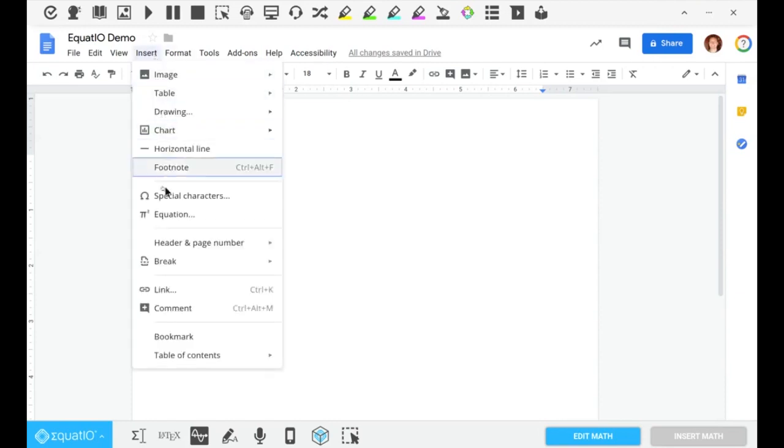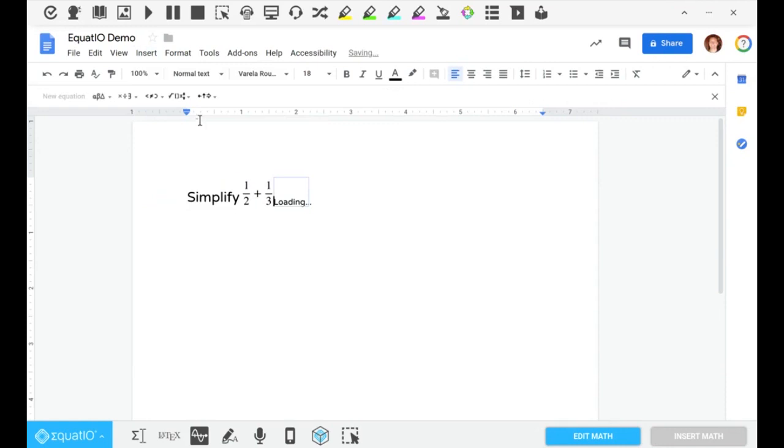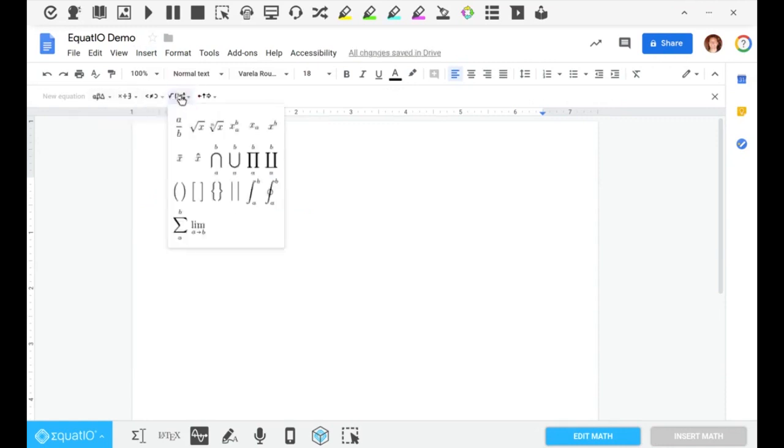So they'd have to click insert and then equation. And this is a typical palette-based editor where they have to find the button of the math that they want to build. And then on top of that, there's a cognitive load where they have to take this complex aspect and say, oh, A over B, yes, I want to make that math structure. And then I'm going to replace A with a number and B with a number, and I'll be able to make my fraction. That is just a level of cognitive complexity that will lose a majority of students.